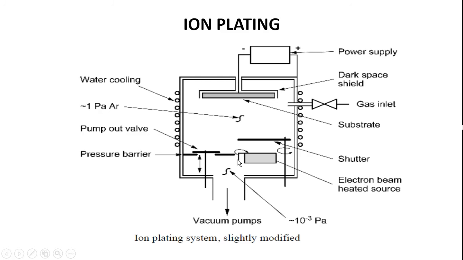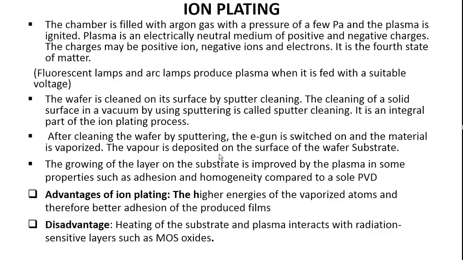The deposition of the material is controlled with the help of the shutter movement, either in this direction or in this direction. By closing and opening the shutter, the direct plumes of the material vapor can be kept from reaching the substrate surface. The vapor of the material which is ionized is made available on the surface of the substrate, and that can be controlled by the shutter.